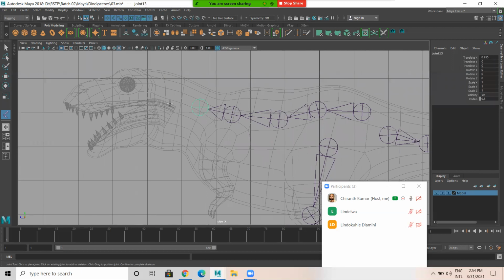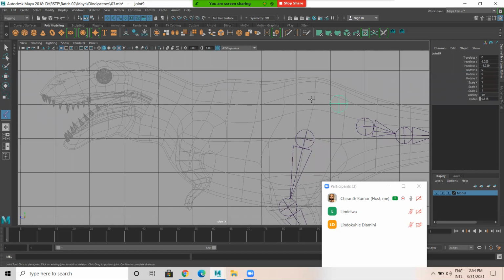Then this is the base neck. Okay, let me just recreate again. 1, 2, 3, 4, 5. Okay, 5 joints. I want it up to here. And this is the base neck. The neck has the base neck and the main neck part, and then the low jaw. Upper jaw means in the lower jaw you should have 2 joints. And I press up arrow to come back.